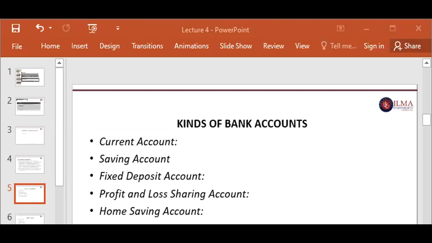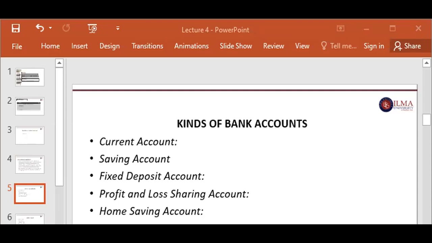Moving forward to the fixed deposit account. In this account, the money is deposited for a fixed period of time by the customer, and the bank safely advances it in loans and earns profit. At the time of opening the account, a slip is given to the customer and the money is repaid on presentation of the same slip on the expiry of the period. The rate of interest varies with the time for which the money is deposited. The longer the period, the higher the interest, and vice versa.